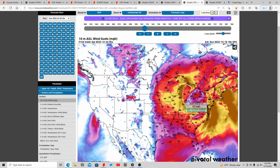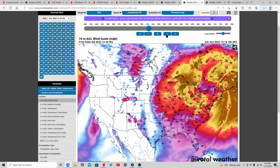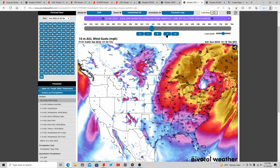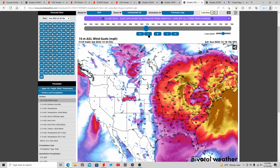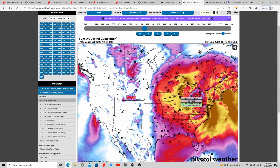Then you've got wind gusts across Lake Michigan up to 60 miles per hour. And again, in the warm sector, parts of the Northeast, you've got strong wind gusts. So basically, all these models agree on widespread wind gusts that could be 40 to 50 miles per hour, with isolated areas reaching or exceeding 50 or maybe even 55 miles per hour. That's definitely going to cause some serious problems, and I don't think this is getting mentioned